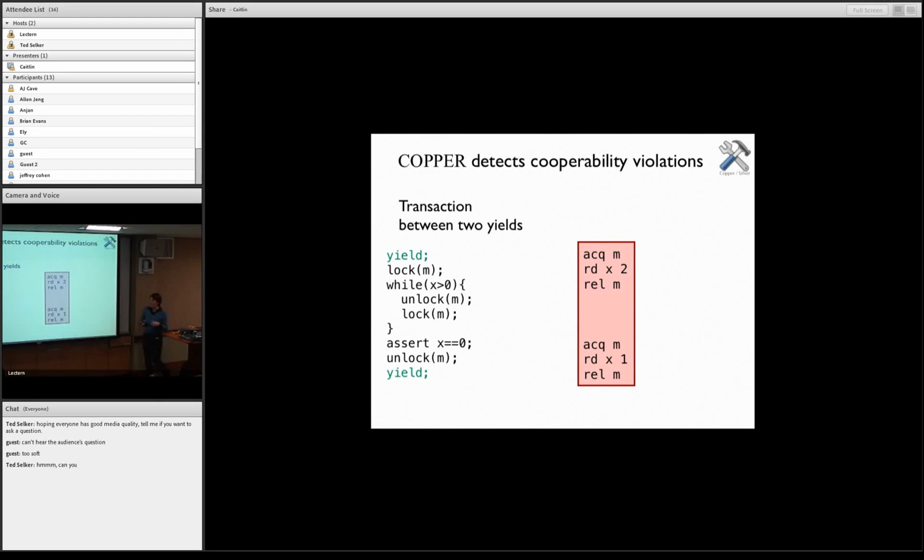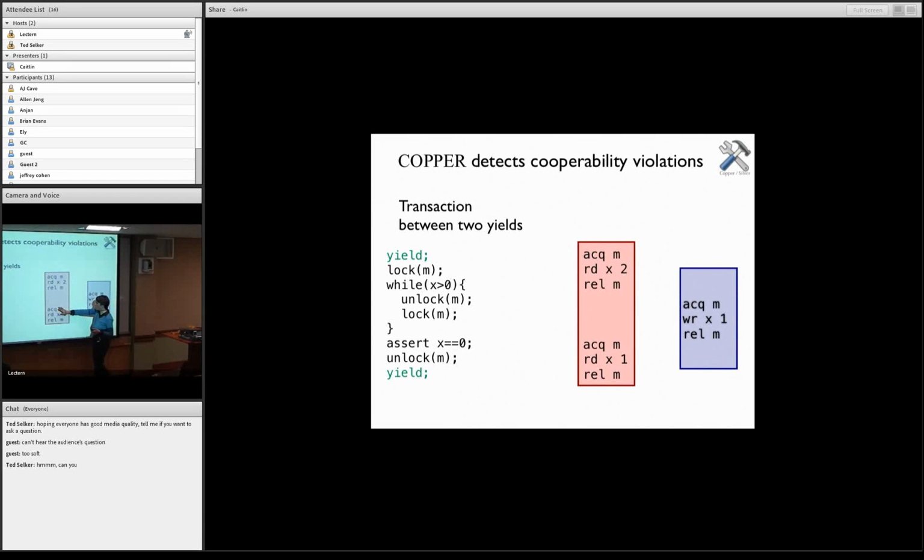Okay, so we have a transaction between these two yield points, and while we're executing the program, we acquire the lock, read X, and release the lock. Then we're going to acquire it again, read X, and release the lock. So say we have this trace where